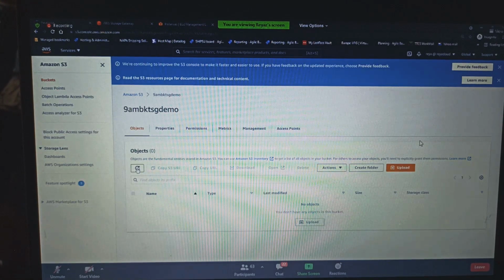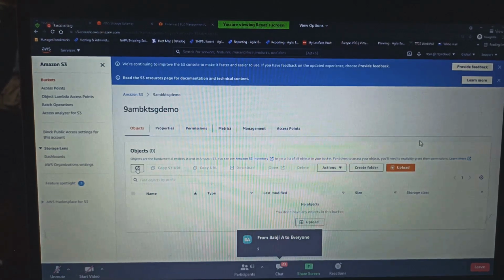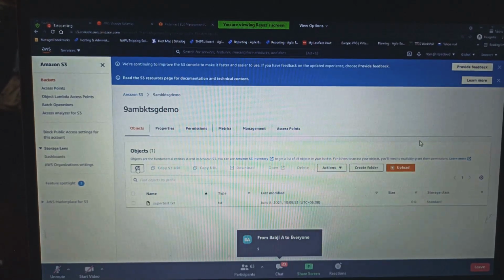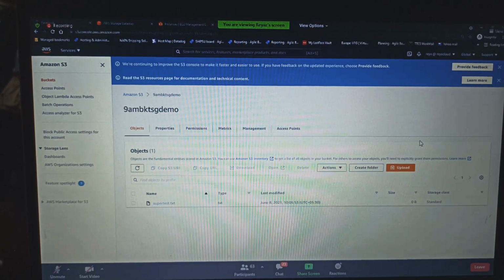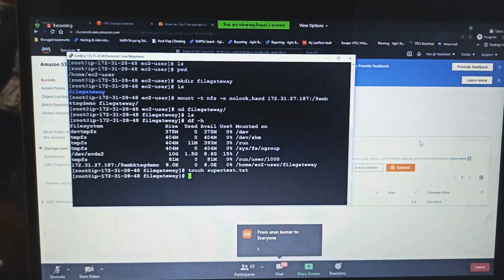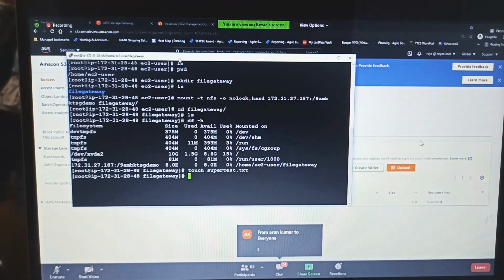Read after write and eventually consistency model. Eventually meaning slowly, right? Wow, do you see this here? Supertext.txt file, right? So guys, that meaning here we have mounted S3 buckets through storage gateway on our on-premises